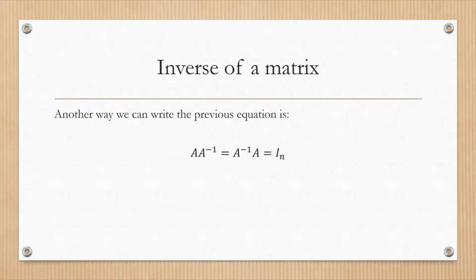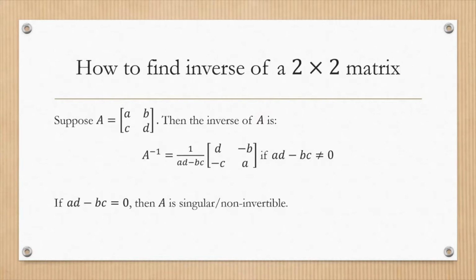Another way we can interpret or write the previous equation is as follows, with A superscript -1, indicating that it is the inverse of the matrix A. So this is how we're going to find the inverse of a 2x2 matrix. A 2x2 matrix means that the matrix has 2 rows and 2 columns. Suppose we have a matrix A with the values a, b, c, d. To find the inverse of matrix A, we have to